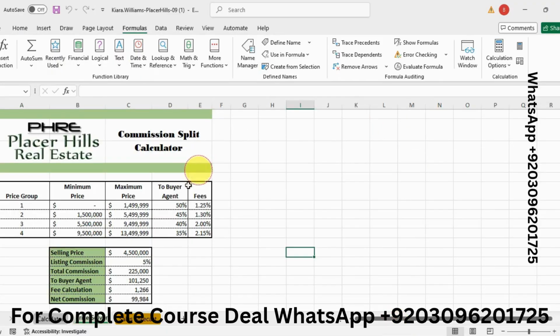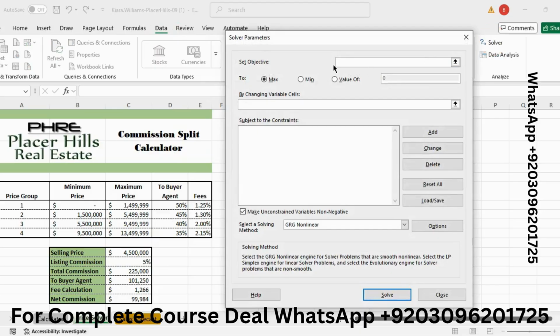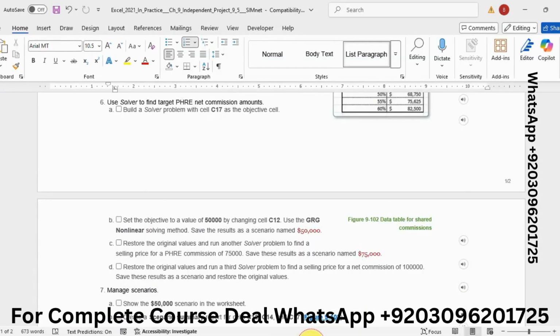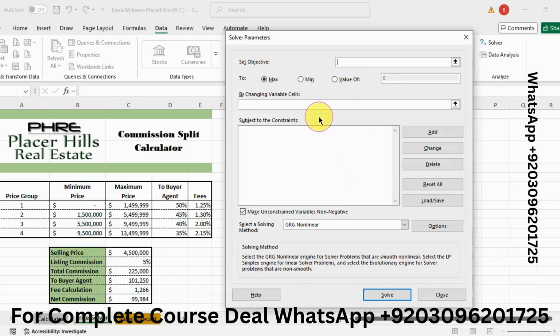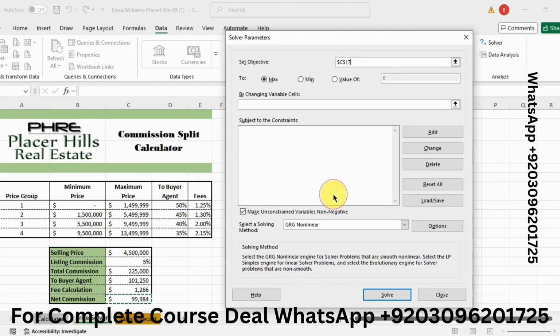Click on the Data tab, click on Solver, and set the objective to C17. So click on C17 and set the objective to a value of 50,000 by changing cell C12.